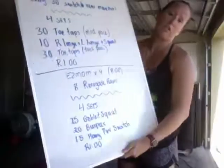And then for the workout itself, we've got 4 sets of 25 squats. We're looking for 1 dumbbell or 1 kettlebell or an empty barbell. You can use any of those as an option. You're going to hold it in the goblet position or the front rack position. You're going to do 25 squats. Put that down. You're going to do 20 burpees. And then you're going to go into 15. Let me check my board here. Yeah. And then we're going to go into